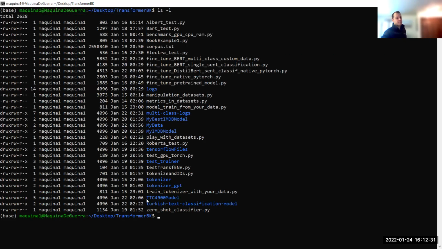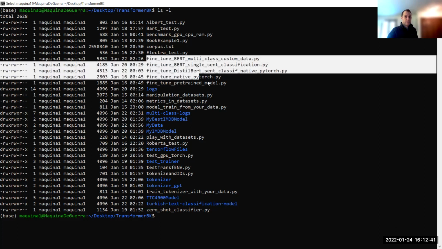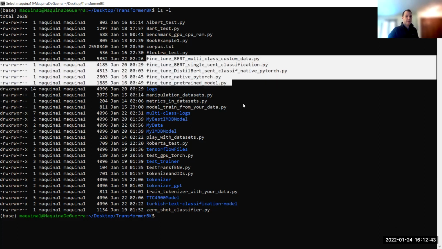You can see I have several examples here of some classifiers. I have several for fine tuning. These are the more advanced ones. Basically you can see here, I'm fine tuning a BERT model for multi-class classification, or a BERT model for single sentence classification, or a DistilBERT sentence classification, but in native PyTorch.